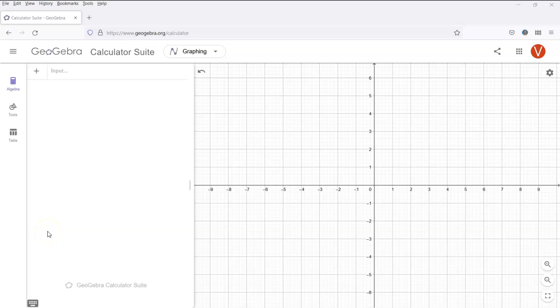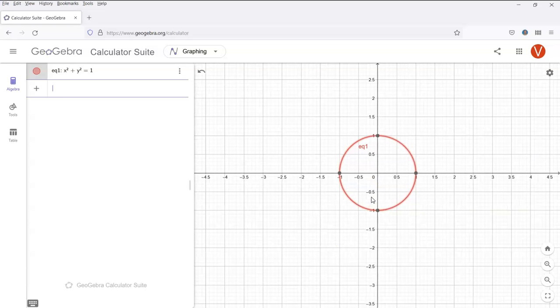Let's briefly compare sine cos with hyperbolic sine and cos. As we know, sine and cos are based on the unit circle. The equation for the unit circle is x square plus y square is equal to 1, right? So this is our unit circle where the radius is 1.